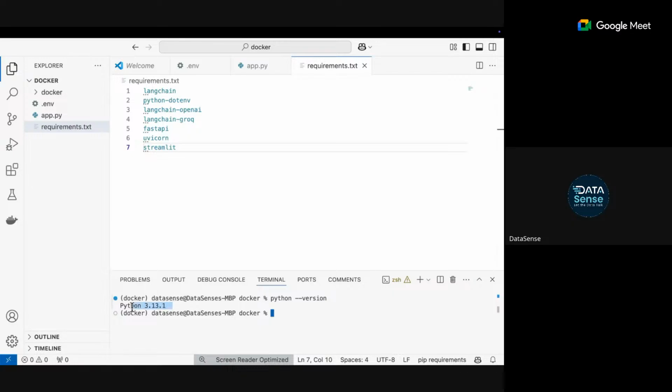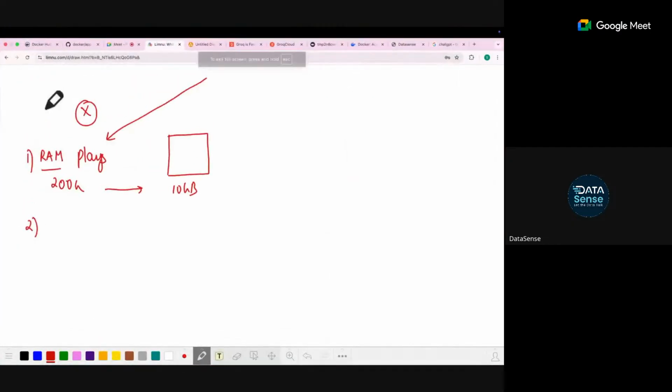My system has Python version 3.13.1. Your system could have something different. I just downloaded this Python today only, that's why it's updated. You might be using 3.12, 3.11, right? Someone else will be using something else. You do not know what Python version your customers are having. So these are called dependencies. The libraries which are present there are called dependencies. Now, these can vary person to person or system to system. This will also impact running of your application. Is it right?